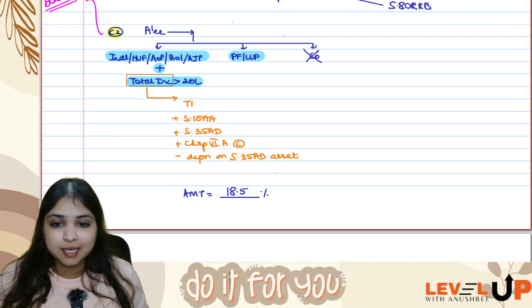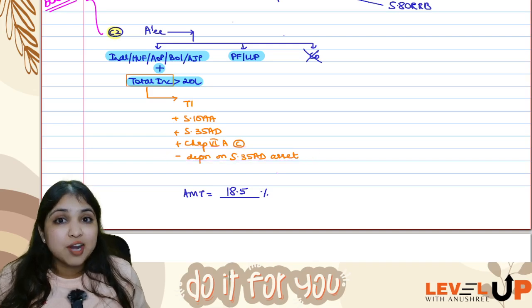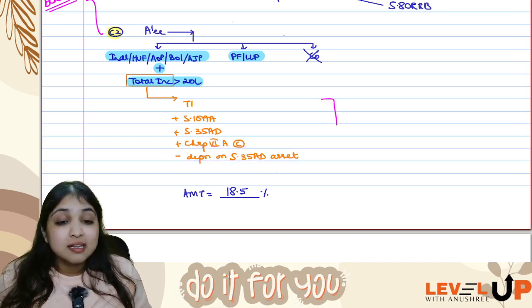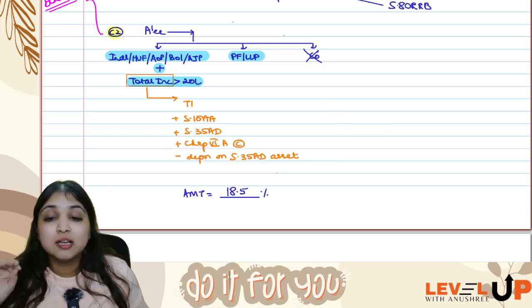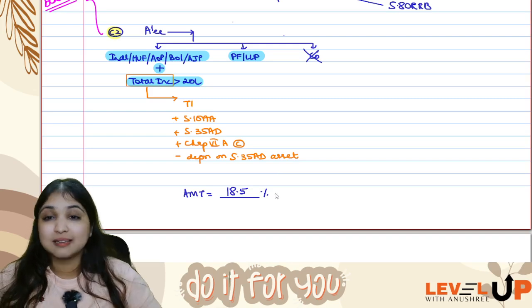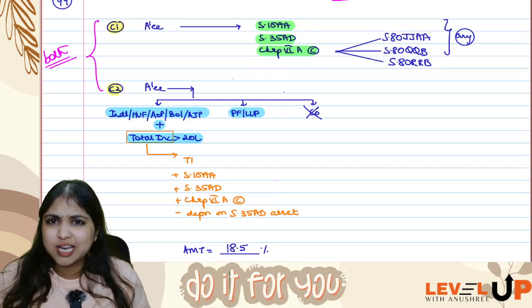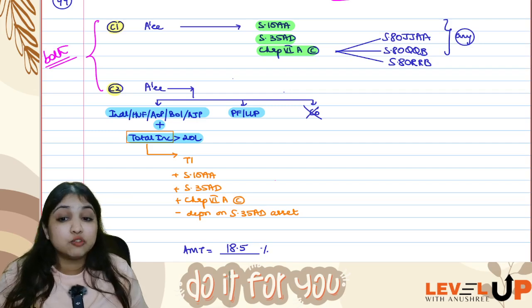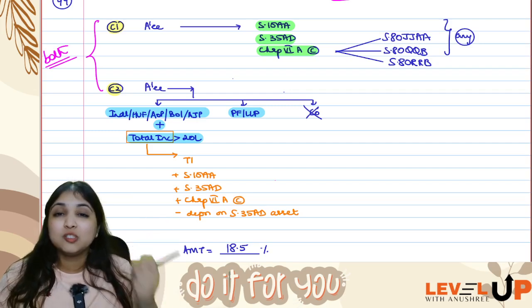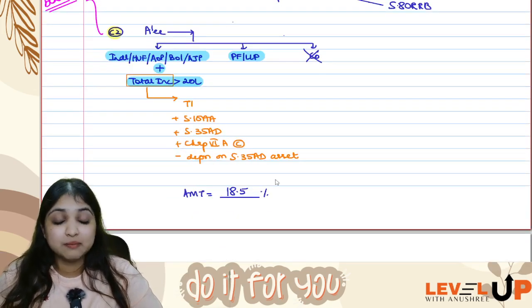Total income, add back 10AA, add back 35AD, add back Chapter 6A Part C, subtract depreciation on 35AD assets. This is going to be your total income for the purpose of AMT. Alright, so this number should be more than 20 lakhs. So two conditions, either assessee must be having 10AA or 35AD or Chapter 6A Part C, at least one. And second condition is that if assessee is individual, HUF, AOP, BOI, AJP, his total income should be more than 20 lakhs. If both the conditions are fulfilled, only then AMT will apply.